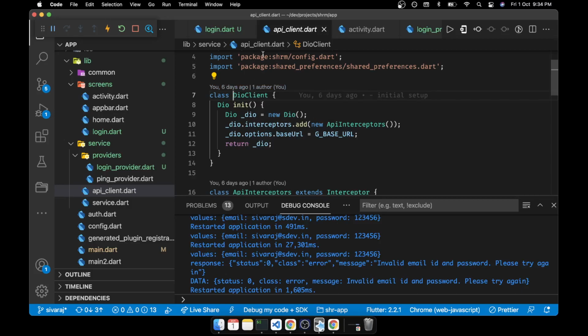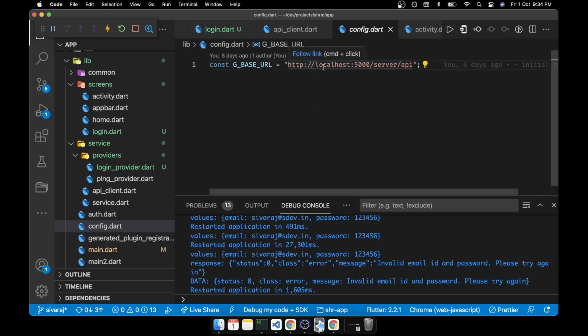We have created a separate class for that, and then we are initing the function. Then we are attaching the interceptor, and we are also attaching an API interceptor for our own purpose. So apart from that, we are attaching the base URL. The base URL is pointing to localhost 5000/server/API, okay, for scalability purposes.